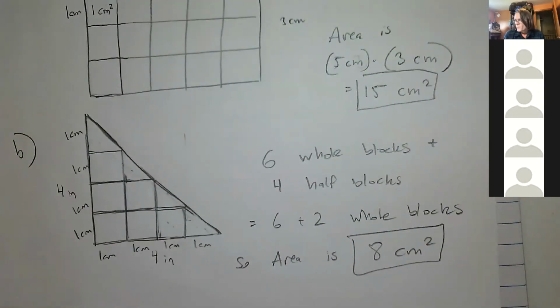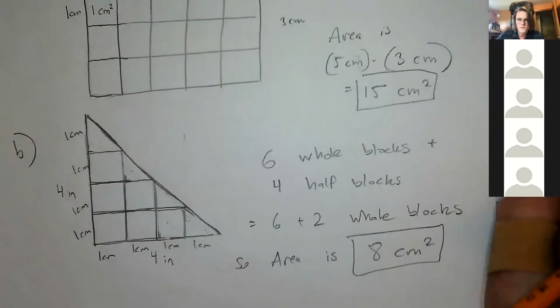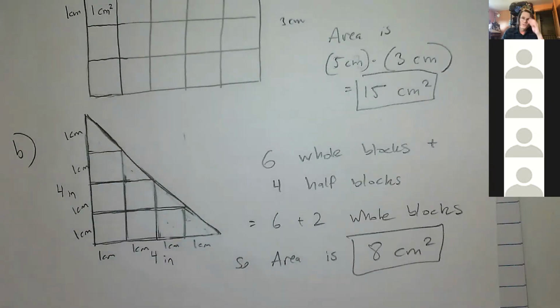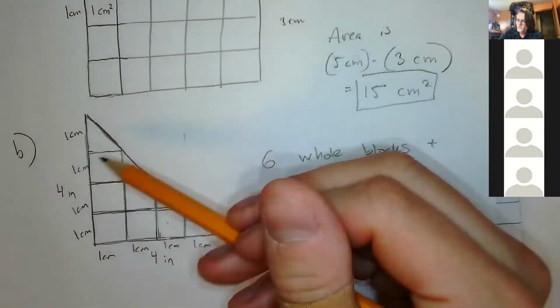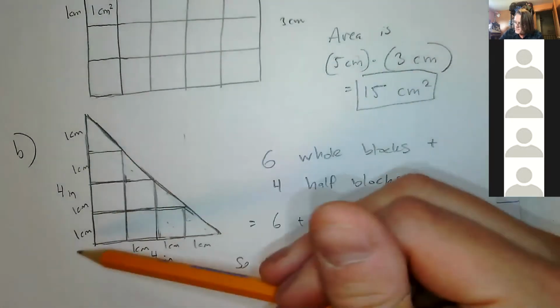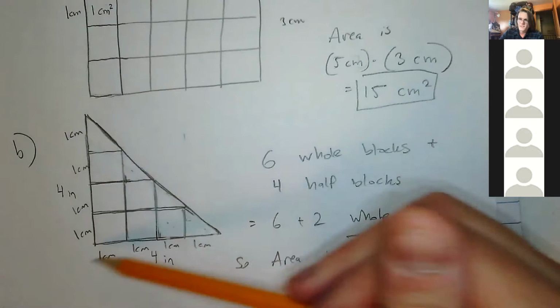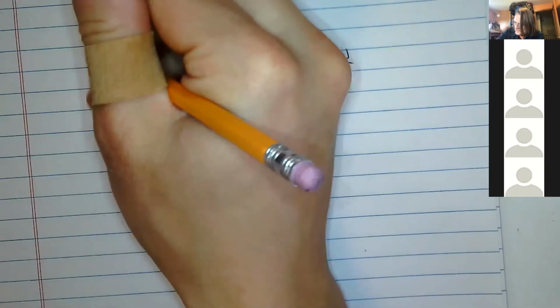right? So for any shape, really, if you took like that squiggle I had on this page over here and you put it on a piece of grid paper, you could find the area by counting the blocks it takes up, right? And if you knew the area of each block, you would then know the area of the shape, vaguely speaking. In the 2 examples we did here, everything's kind of nice and straight. But if you try to do this one and you put it on a sheet of grid paper,